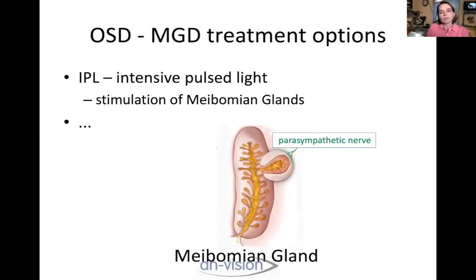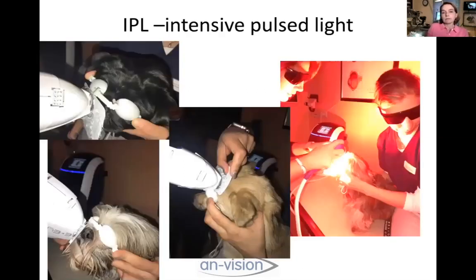Other treatment options for completely blocked or not working meibomian glands is to stimulate those glands. And you can, of course, use tacrolimus to reduce the inflammation and stimulate. It will work a little bit on the stimulation, but you could also try this stimulation from the nerval aspect. And this is the intense pulsed light, and it's quite a game changer in people for meibomian gland dysfunction. And we use it in dogs, and I think it's a really